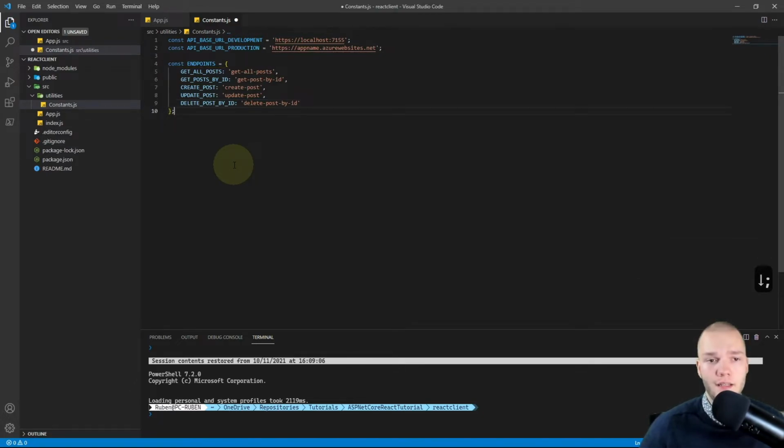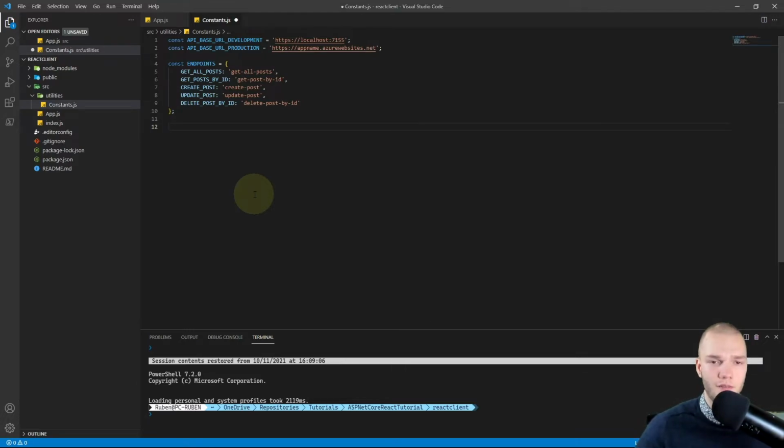And finally I'll add a semicolon to this object, and these need to match the routes you declared in your server project. So then I want to declare another JavaScript object called development, which contains all the full API routes